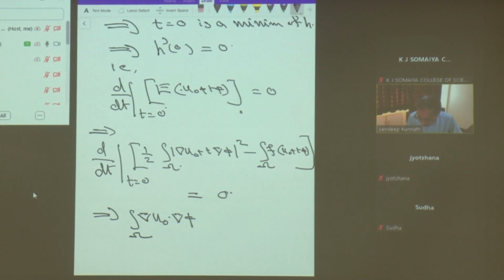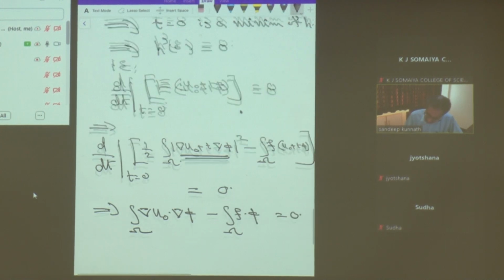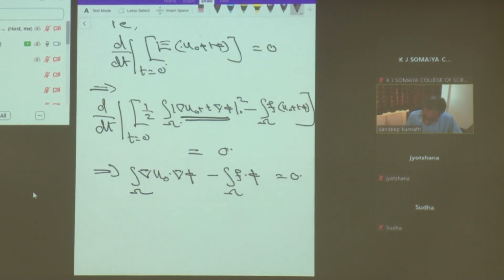And on the right hand side, you will get minus integral over omega f into phi. Now you know that u naught is a C2 function and phi is a C infinity function with compact support, and this I can further reduce to say minus